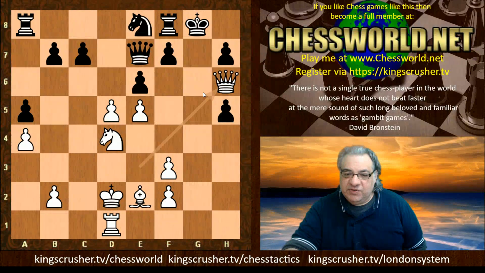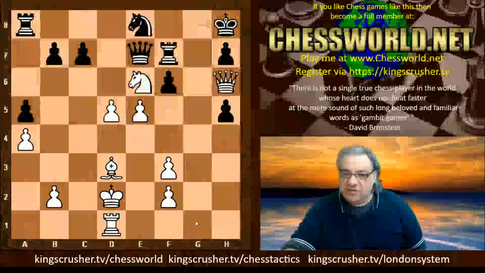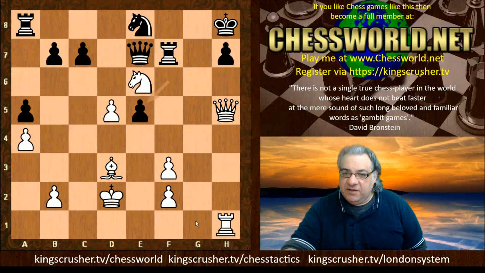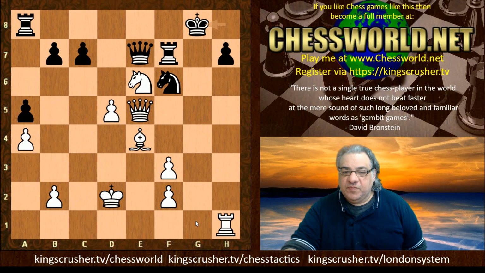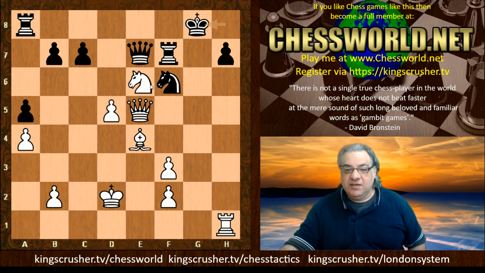And this is really dangerous after queen h6. With rook g1 coming, it's extremely dangerous. If f6, bishop d3, this is a situation where white's getting loads of compensation for the exchange sack. And in fact, even if there isn't a mate here, because of the pressure now on c7 and this entrenched